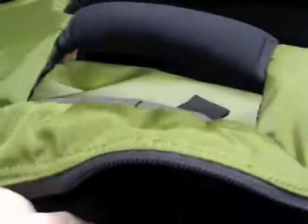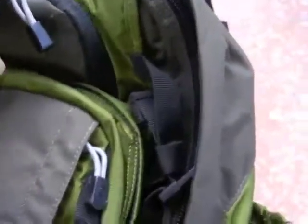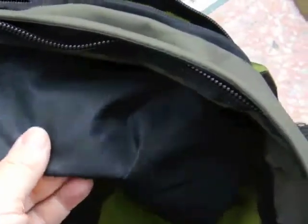And coming to the top of the bag, we have this felt lined section. It's quite big, and for holding, they say hold your sunglasses or something like that. This section does go down inside the main pouch. So if you did have a lot of stuff in here, you probably wouldn't be able to use this very well if it had something in it. So inside the pack,